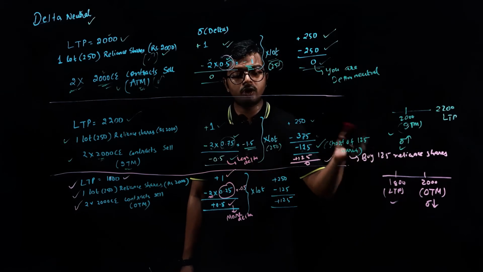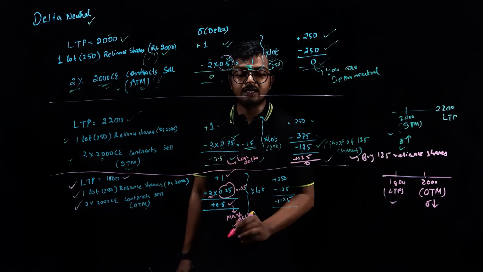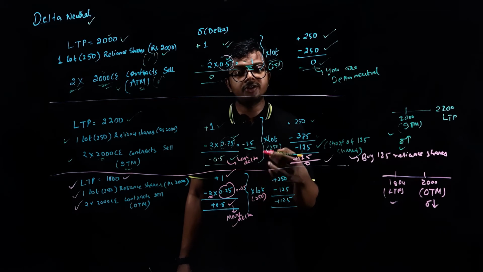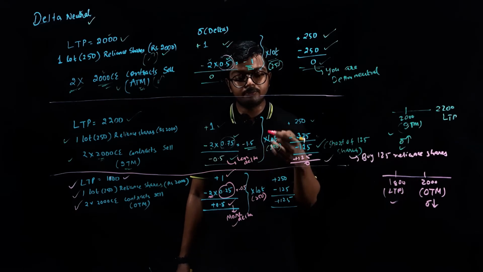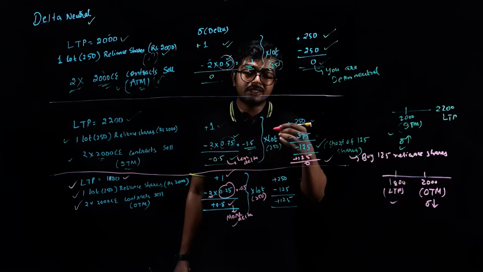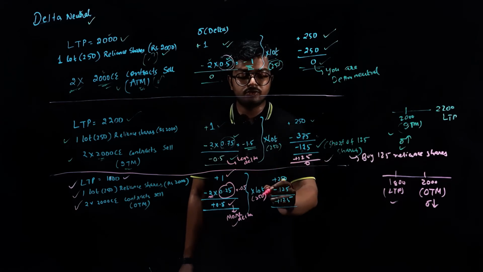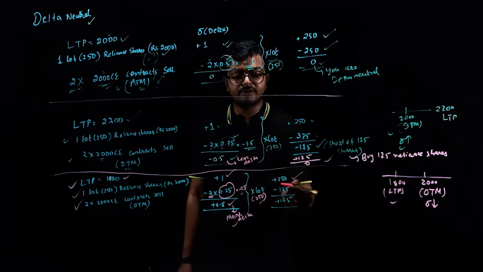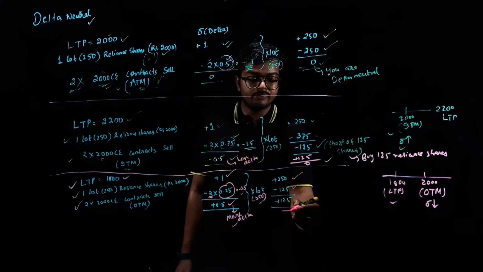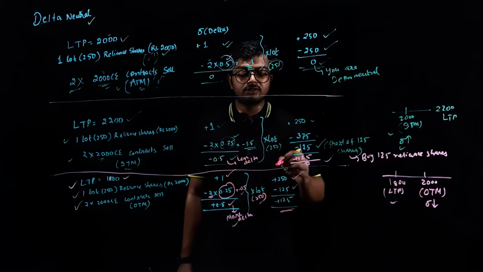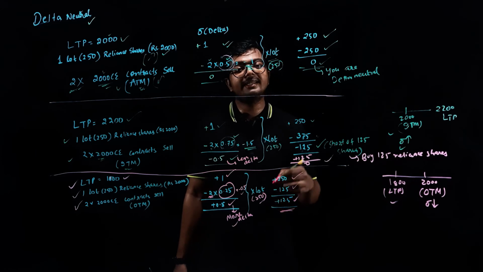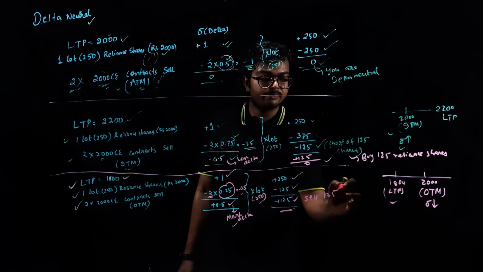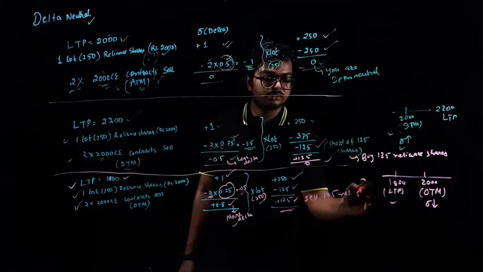So what you did, you bought more shares, now you have more delta, and if you multiply by lot size, that is 250, again here also you would find how much you are in excess and what amount you need to sell. So 250 multiplied by 1, that is 250, 250 multiplied by minus 0.5, that is minus 125. Overall, if you add up, it would be plus 125. So that means 125 shares are in excess.